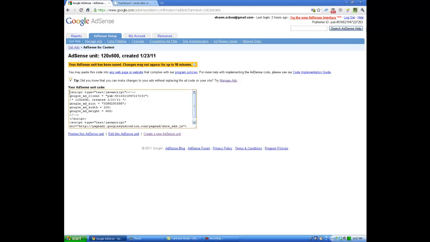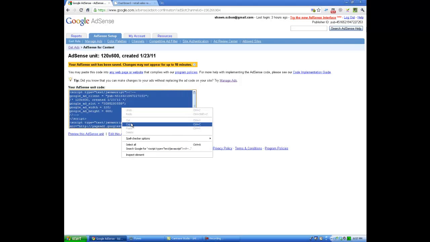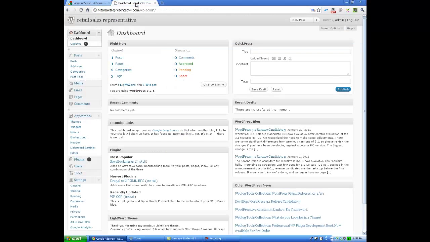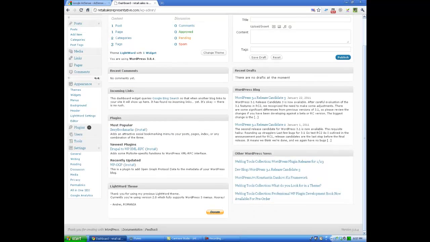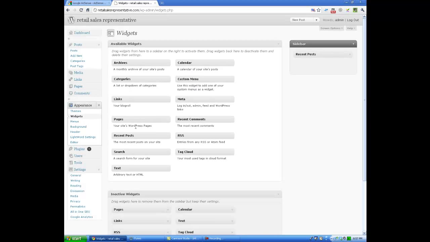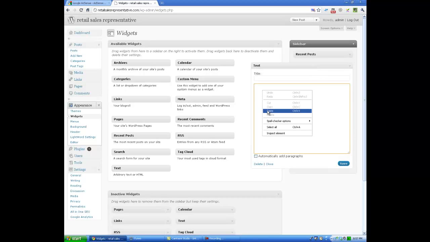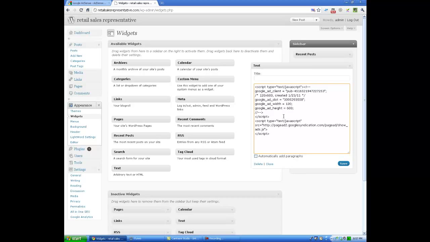So what we want to do is copy and paste this. So we're going to copy it. Now we'll go back to our dashboard. Now what I like to do, especially if I'm just going to have it on the sidebar, is simply go over to widgets. If you grab the text widget and drag it over to the sidebar wherever you would like it, I'm just going to put mine right here, and then we can copy and paste that AdSense code right inside there. So just save that and hit close,